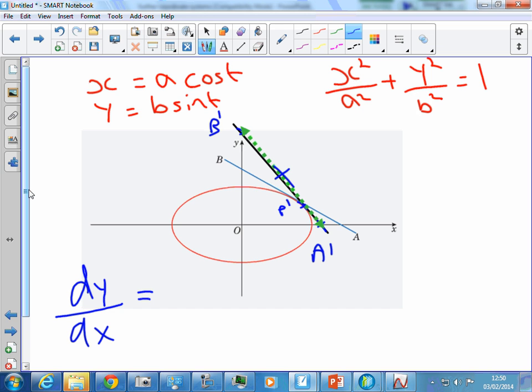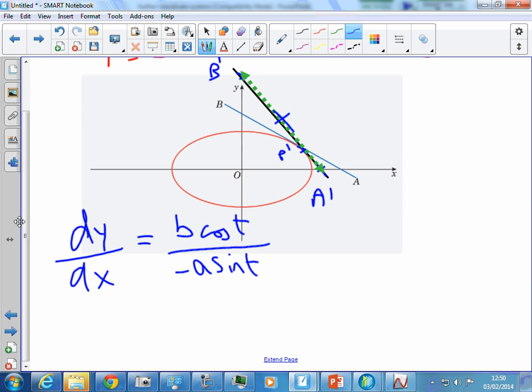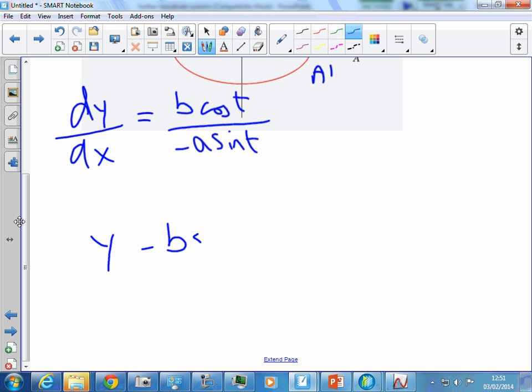So dy by dt is b cos t, all over minus a sine t. That is the gradient. Is that right? And now the equation, therefore, at the point a cos t, b sine t, at some general point P, what is the equation of the tangent to the curve? Well, it's y minus y1, so y minus b sine t is equal to the gradient